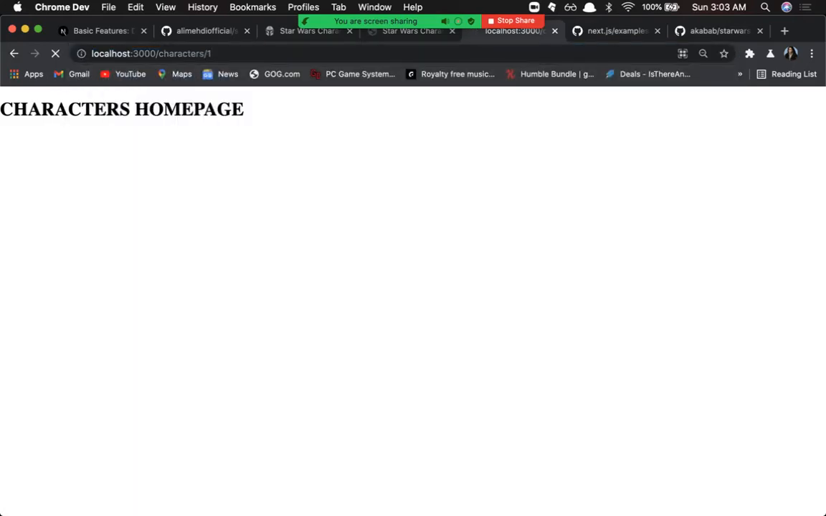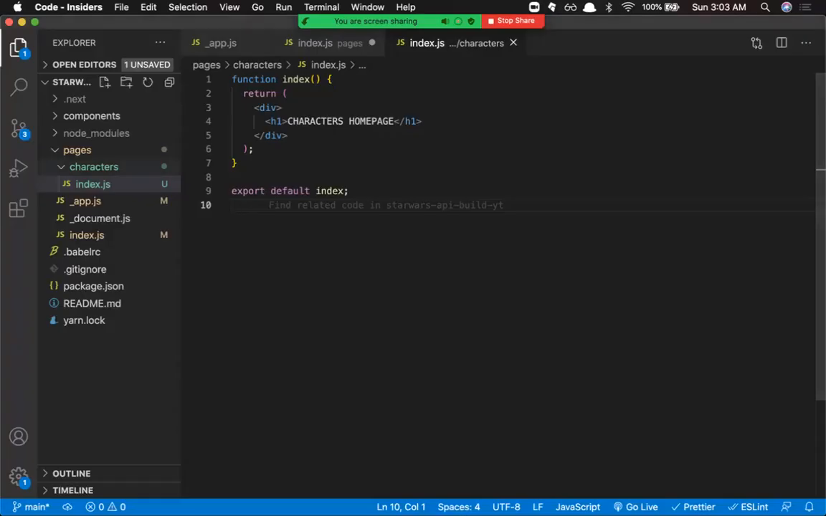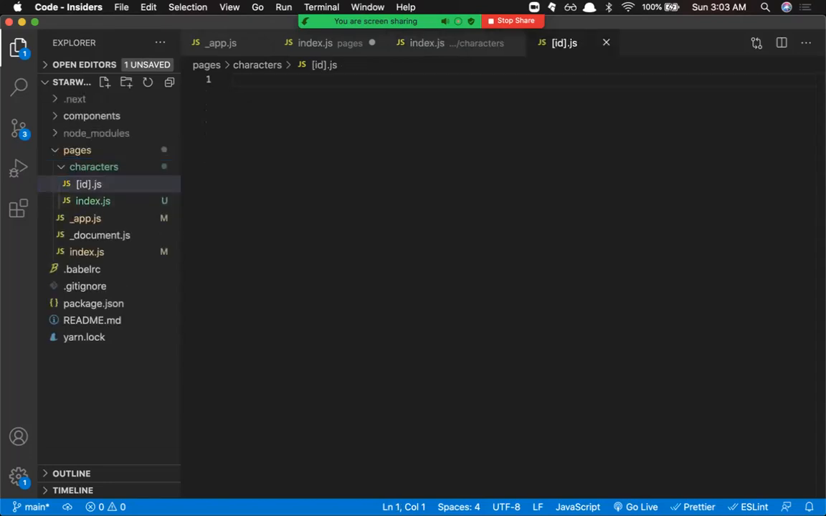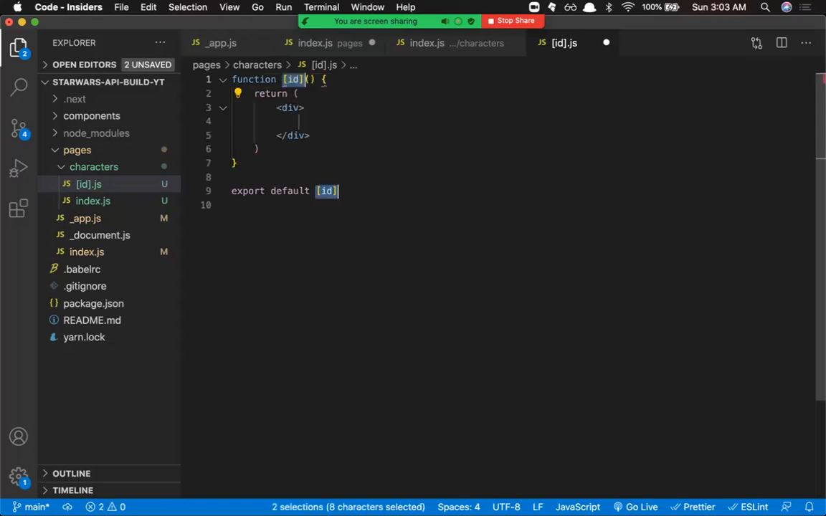But let's say now you want to go into some characters. You want to go into character one, right? And how are you going to actually do that? So now what you can basically do is create another file here, and you can pass in params here, like id.js. And what this is going to do is allow you... So let me actually do this again, and let me name this character,